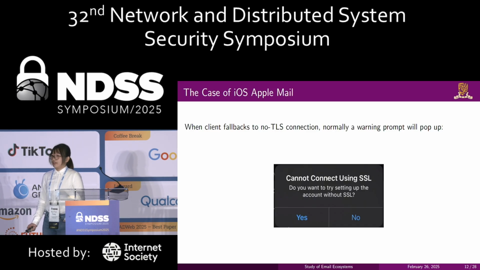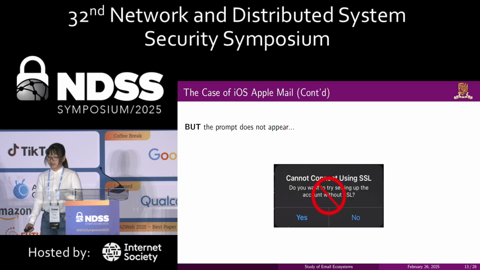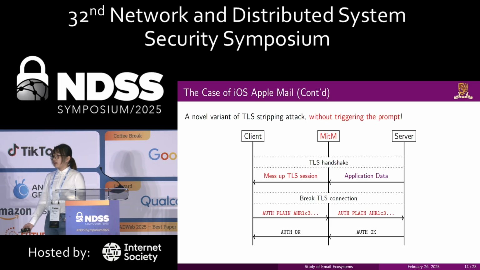But under our new attack variant, we can actually bypass such a prompt. Our novel STARTTLS stripping attack, which will not trigger a prompt, tries to break an existing TLS handshake by sending some messy data to mess up the handshake, so that the client will be misled into thinking no more TLS connection can be established, and then they will downgrade back to the plain text connection, and then the MITM can